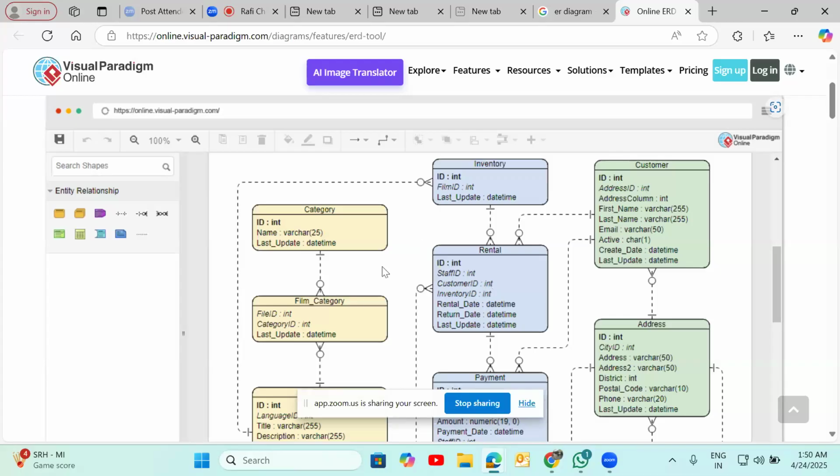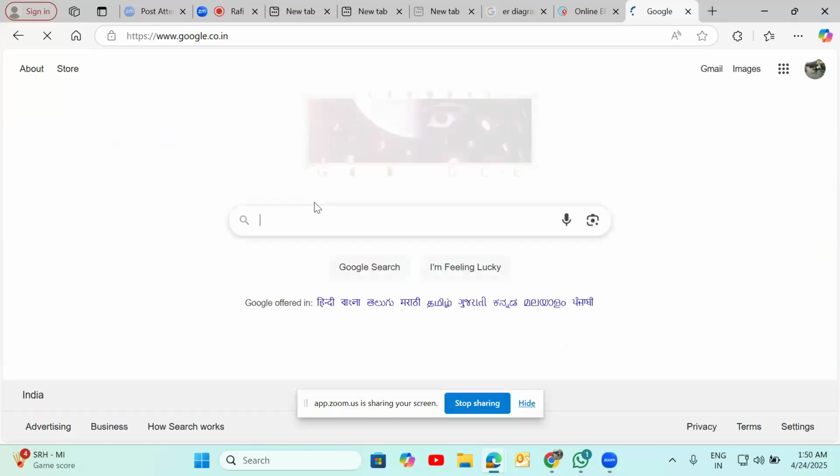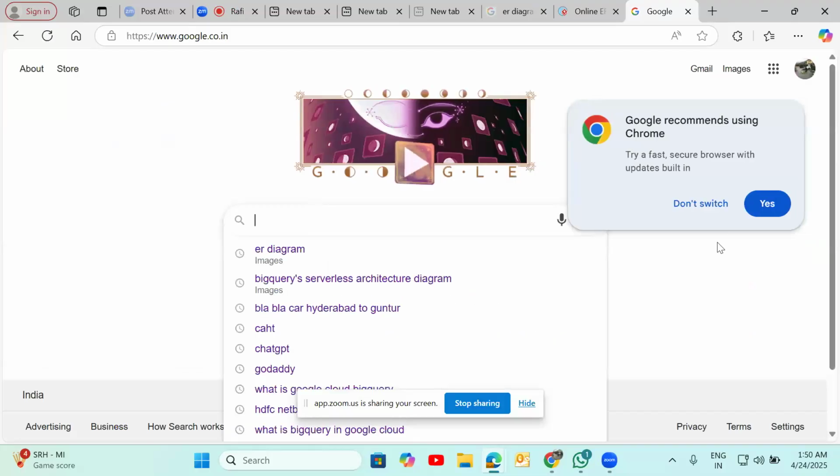For example, I am creating a customer table: create a table name, and give the information like first name, last name. Then this is the customer data. How to create a table, I will explain that also.